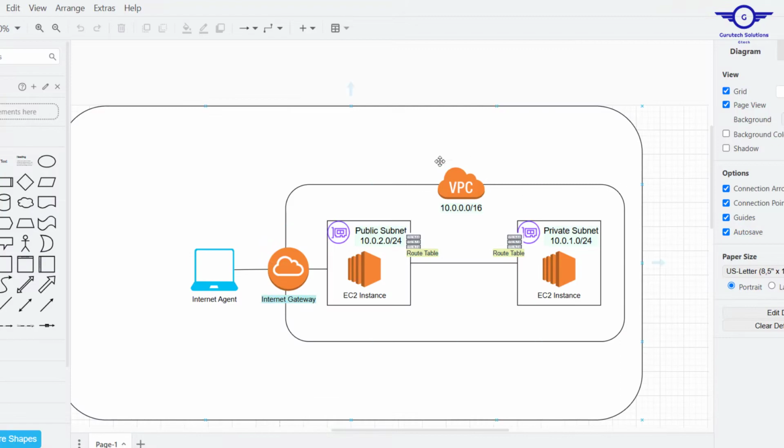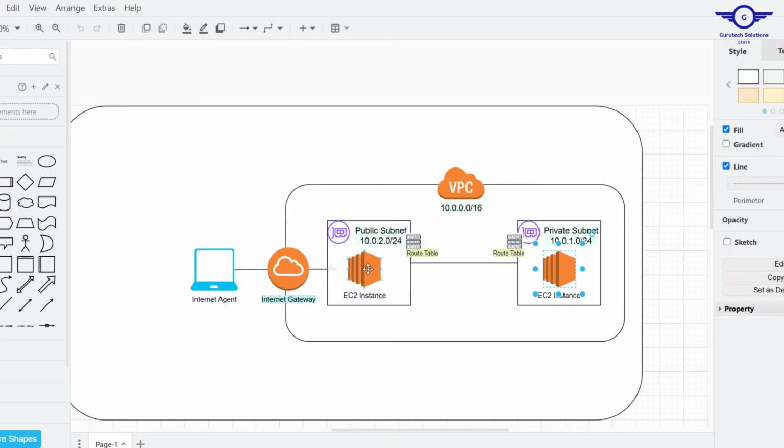So in the previous video, we learned how to create an AWS VPC with two subnets, associated route tables for each subnet, and we created an internet gateway, where on the public subnet we configured the route table to forward all traffic to the internet gateway. So what's remaining now? In this video, we are going to configure an EC2 instance per subnet. All right, so without further ado,